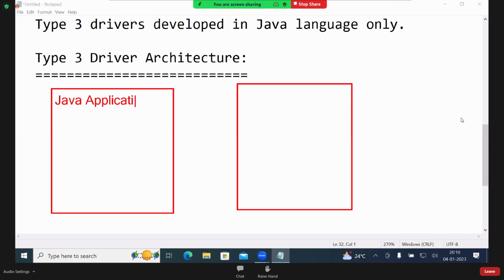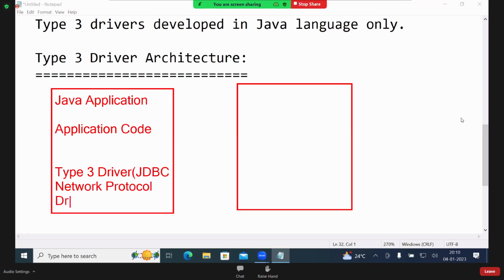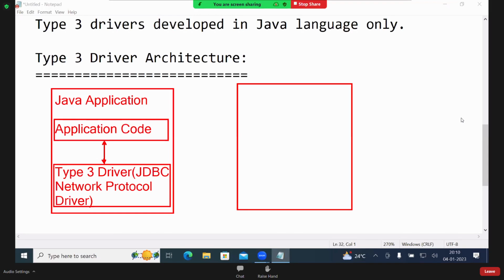Java application code, type 3 driver. This driver is somewhat different.